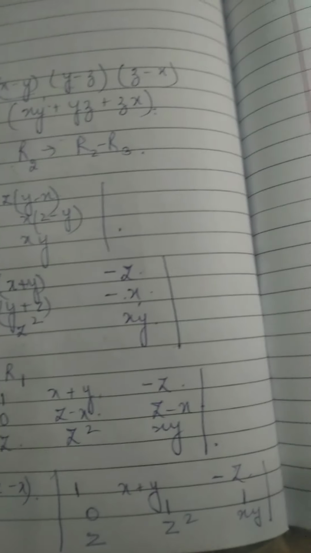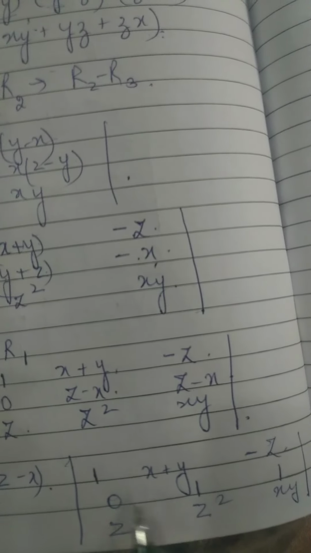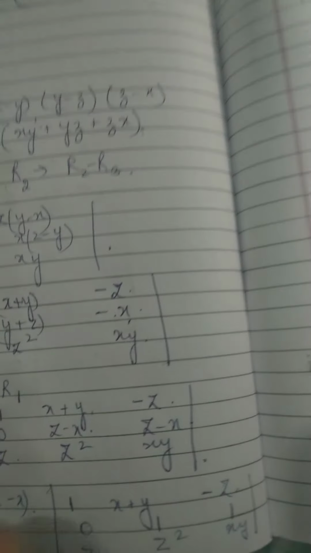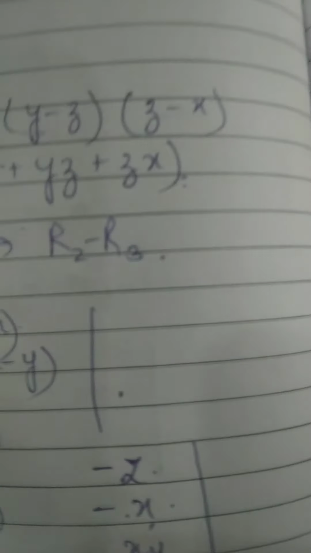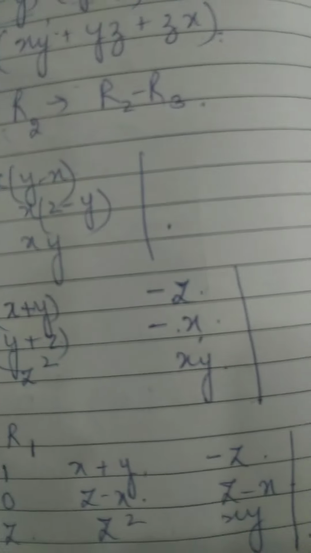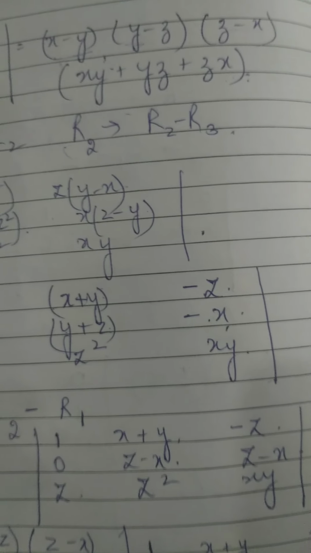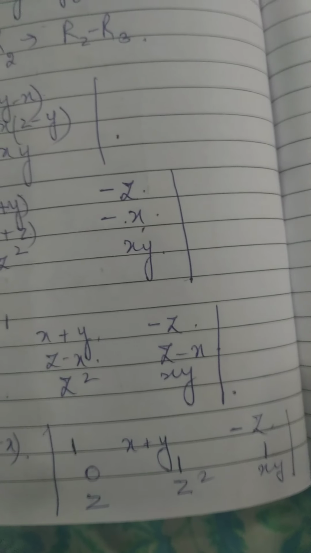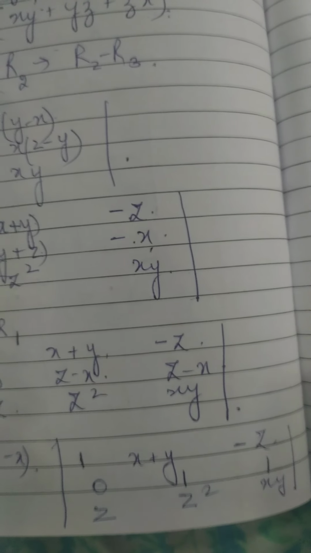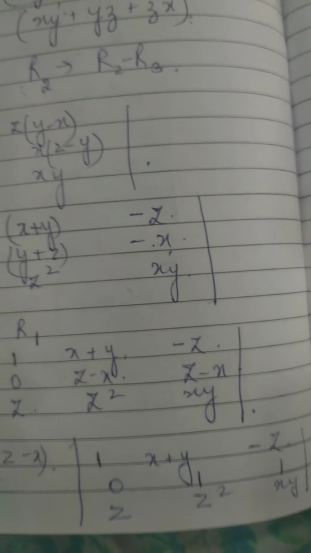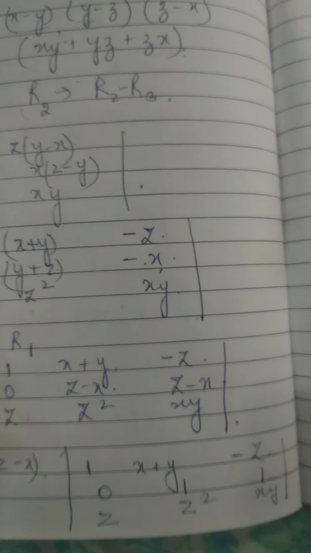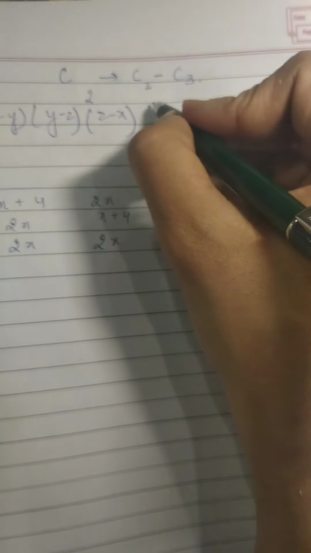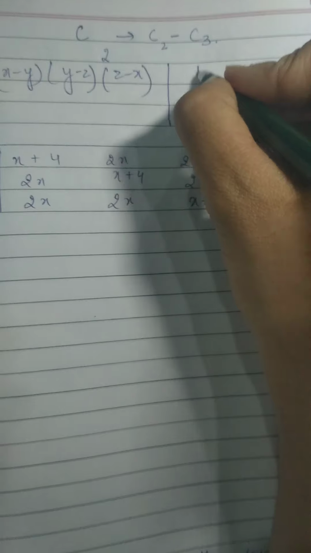Again, I can apply the property. Since I need to get 2 zeros and 1 1, I can apply the property on column, that is, on column 2. C2 is C2 minus C3. So we have x minus y minus z, z minus x. And here on applying the property, we can get C2 minus C3 is